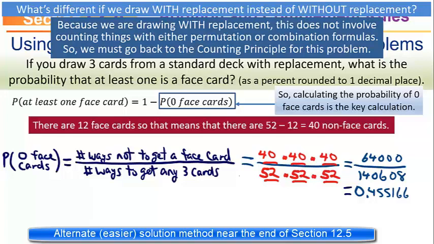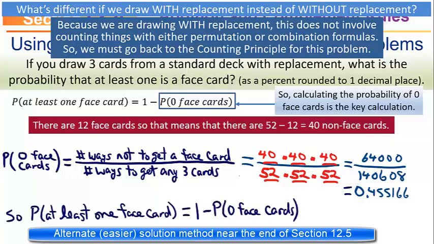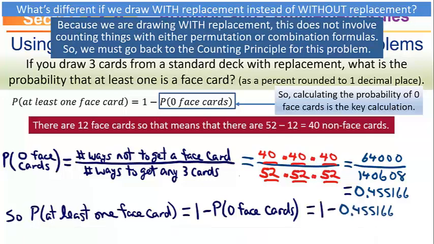Then if you want another decimal place of accuracy, that's 3. So definitely take, I would say, 5 or 6 decimal places for sure. So I wrote it as 0.455166. Now remember, the probability of at least one face card is 1 minus the probability of no face cards, and we just calculated the probability of no face cards, so 1 minus that value is